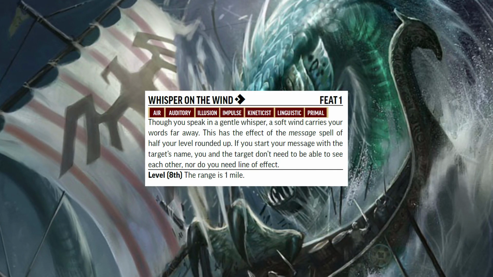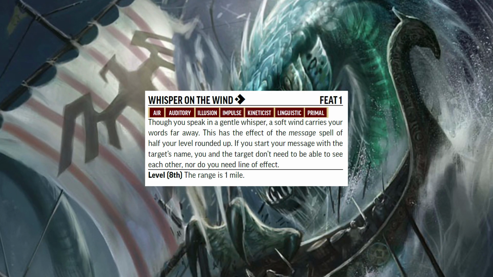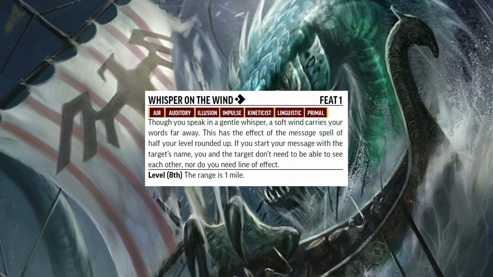You don't need line of effect if you start the message with the target's name, and eventually this goes up to a mile. I might not necessarily want to flex into this one till level 8 when it is a mile, but this is a perfect...